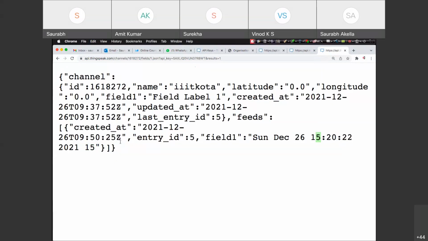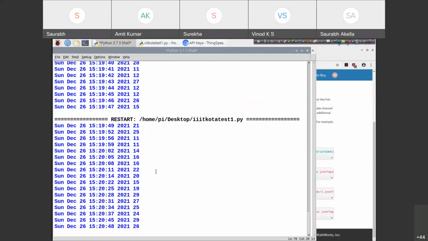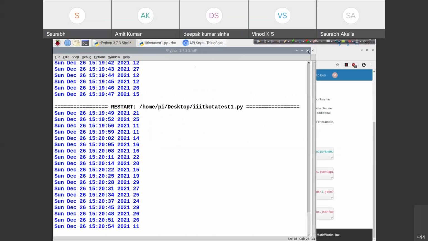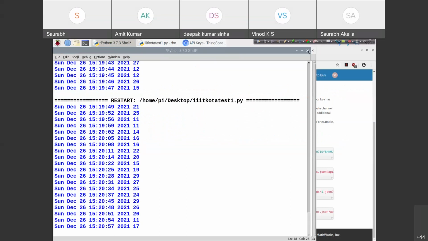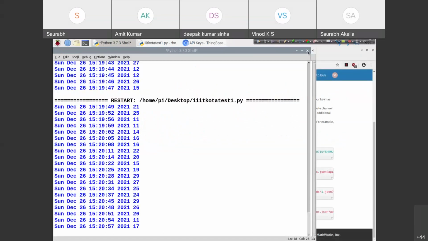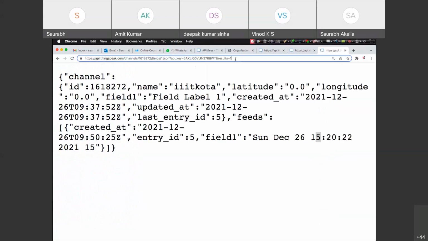I hope till this moment everything is okay and you have just understood what we have done, right? We have communicated our Raspberry Pi data to a particular cloud. We have done that very easily. Like, Saurabh sir, yes, please. Yeah, sir, I have a question. Right now you are taking just one data, but how can I read all the data over here? Like, you are writing one, so the latest one is coming over there, but I want to read all the things, right from the starting time till this time. So how can I do that?